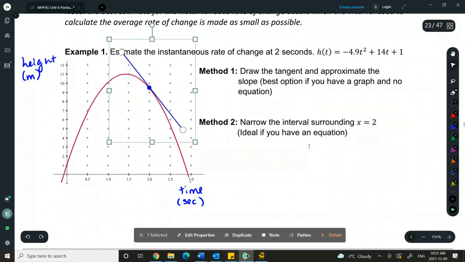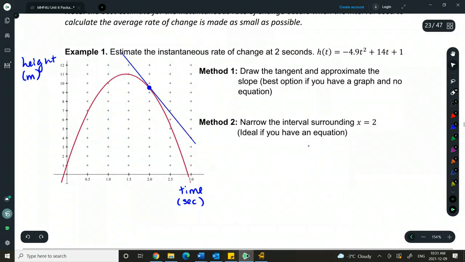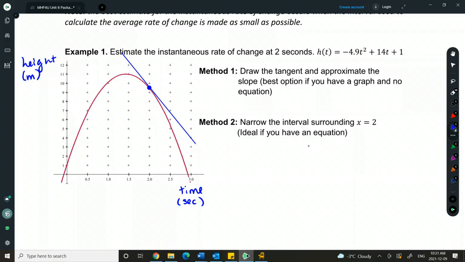So I might adjust this a little bit, and then I would just extend it across your whole graph as well, because we want to see if it happens to hit through some specific points that we can use. Okay, so again, my tangent line might be slightly different than your tangent line because it depends exactly how you balance that. That's why this is an estimated